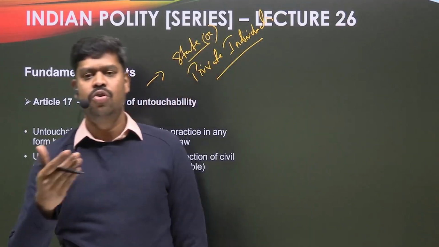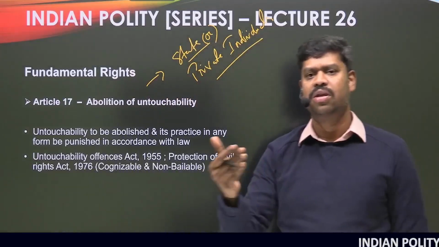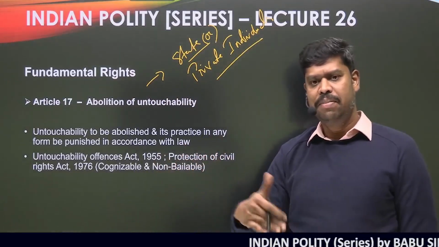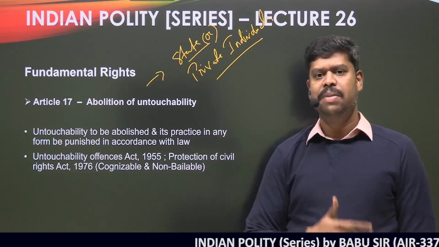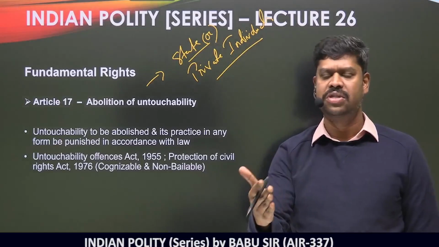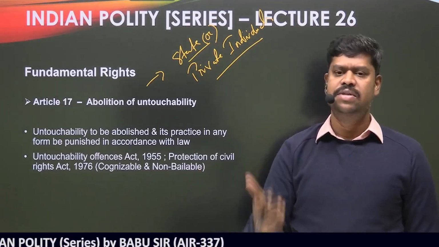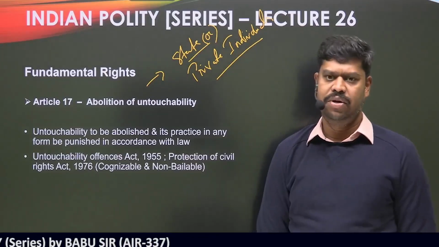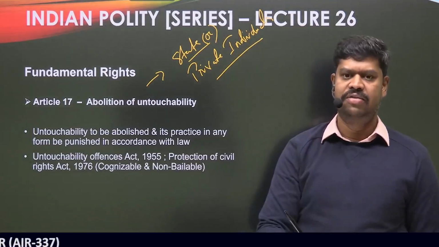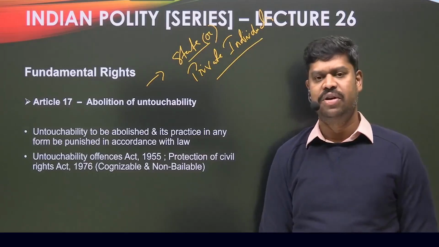Normally when you go to rural areas, even today you can find that people are discriminated against based on their caste. People are not allowed to enter certain places. People are not allowed to sit. People are not allowed to wear slippers. People are not allowed to wear shirts. These are all elements of social discrimination which others are entitled to, but they are not. All these things can be seen as a practice of untouchability. So neither the state, meaning anything that falls within the definition of state, nor any private individual shall engage in the practice of untouchability.